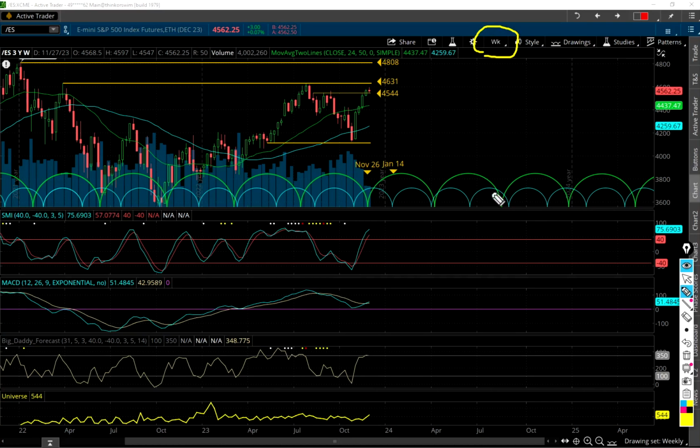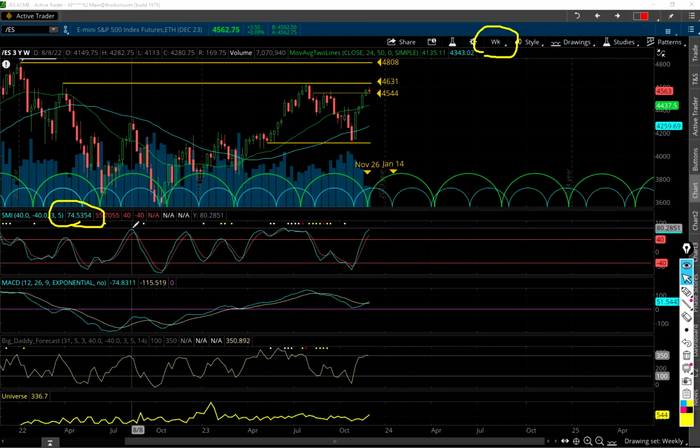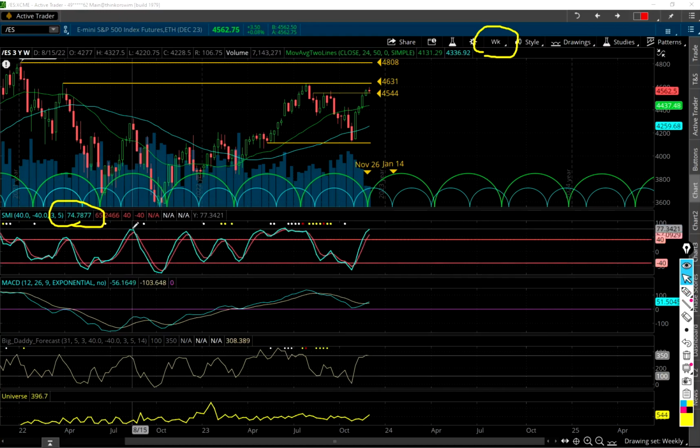I'm gonna look at the weekly chart here and the daily and the trade of the day. So what is going on here on the weekly chart? Well, check out this number right here, 75. So hello, finally got up to an area on the weekly chart that we need to pay attention to. Keep an eye on that number right there. We're gonna go way back over here, 74, see? Way back over here, August